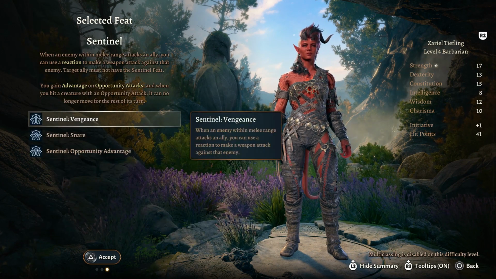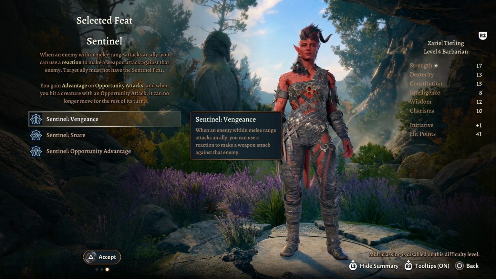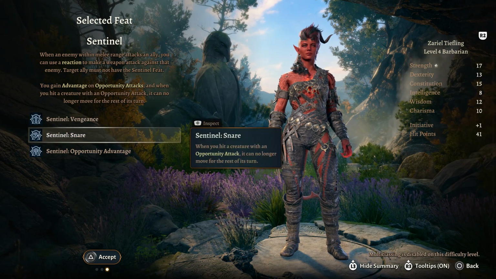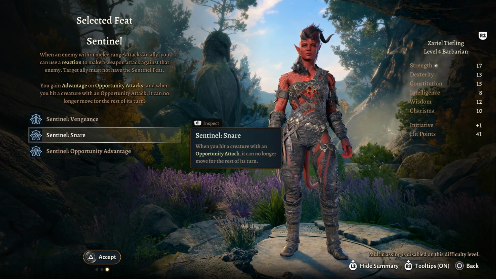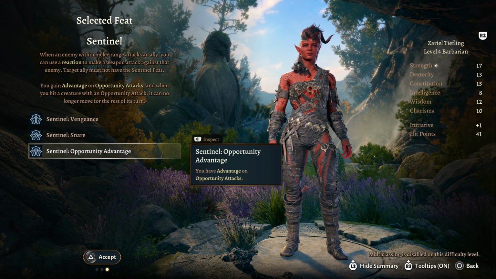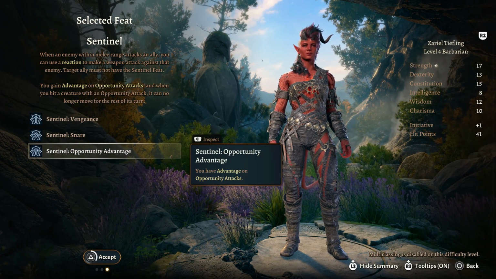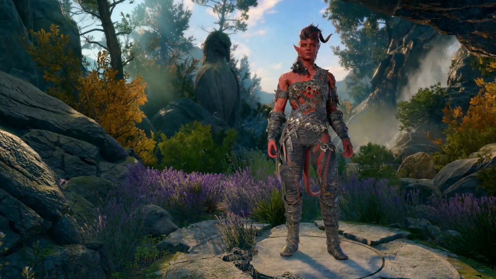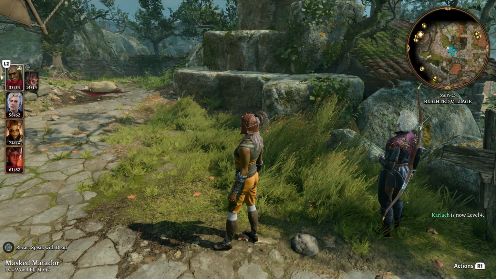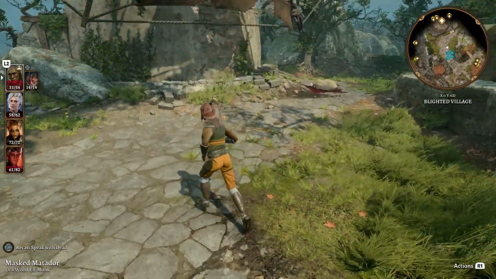So basically, we are a really good defensive character, and we're going to stop enemies from attacking our party members. We got to stay close, and we're able to then interrupt enemies when they try to come and attack our friends. We're going to attack them first and have really nice opportunity attacks. So all in all, some really nice feats for us, and now we can run forward and we can see